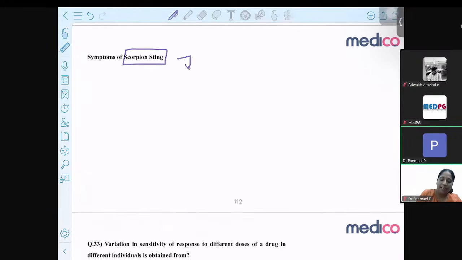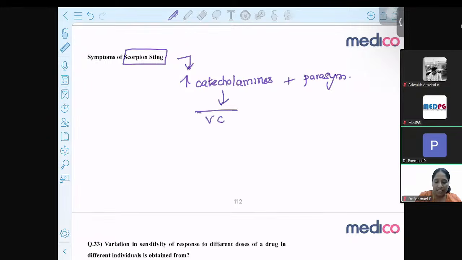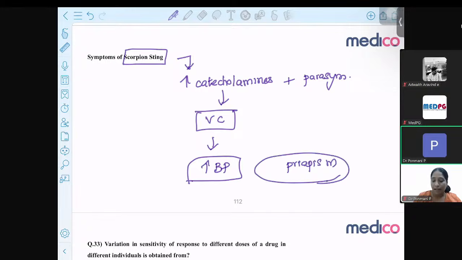So what does the scorpion venom contain? The scorpion venom causes an increase in the release of catecholamines in the body. In addition to catecholamines, it also stimulates the parasympathetic system to a smaller extent. So what happens when catecholamines are increased? It causes vasoconstriction. It causes an increase in BP. This is the reason the patient is having increased BP. And why is she having priapism? Because the painful erection is happening because of the acetylcholine. It acts on the blood vessels, and nitric oxide mediated vasodilation is caused,